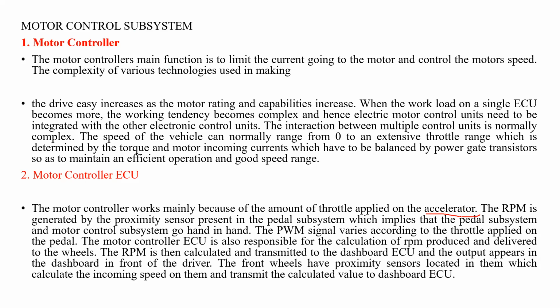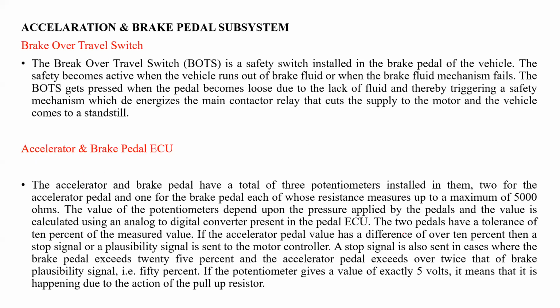So how can we control the motor speed? The controller circuit, the electronic controller for the motor, should decrease the voltage level which is given as an input to the motor. When the input voltage of the motor decreases, the speed also decreases. So in this way, the motor controller with ECU works accordingly.